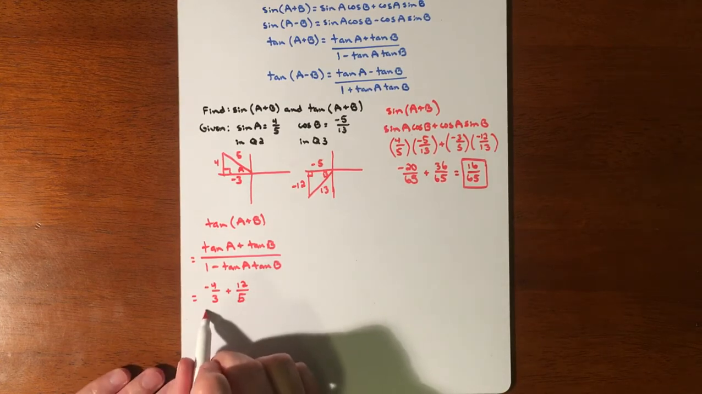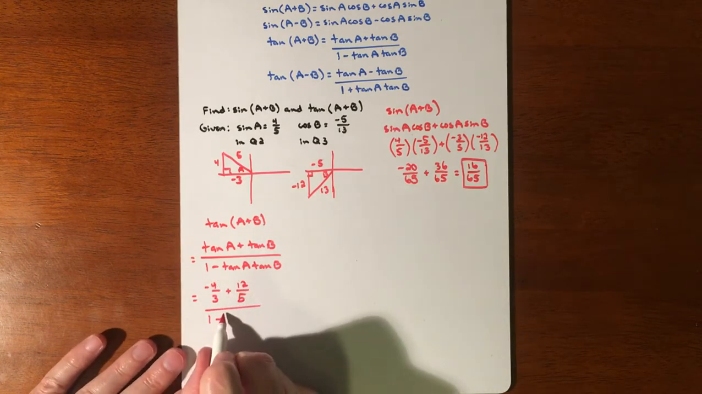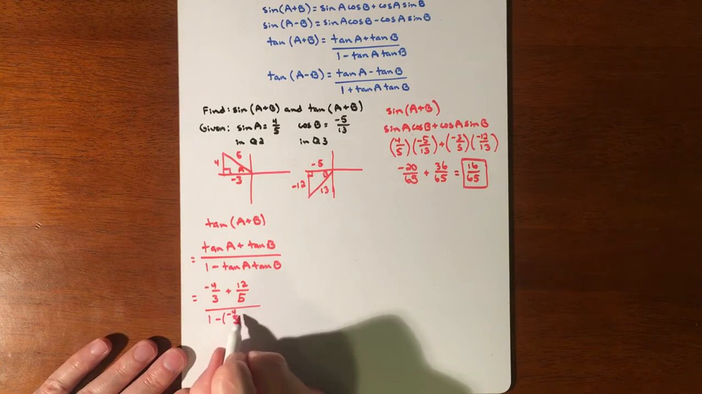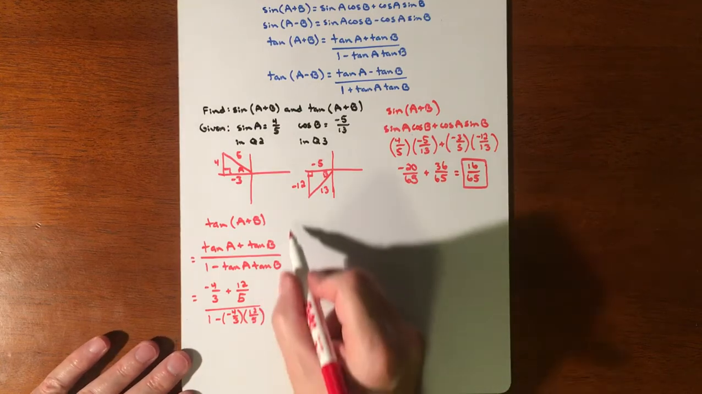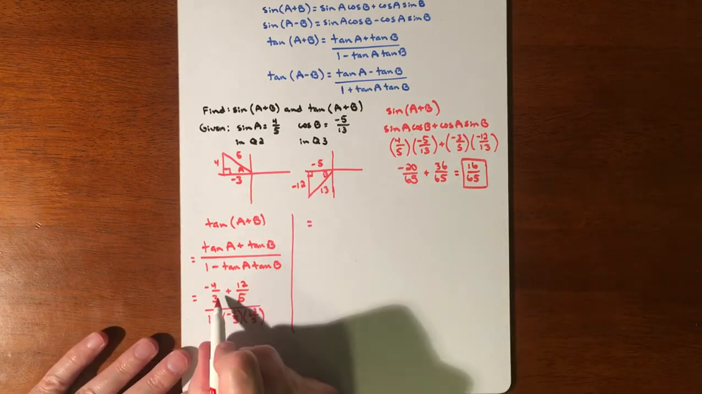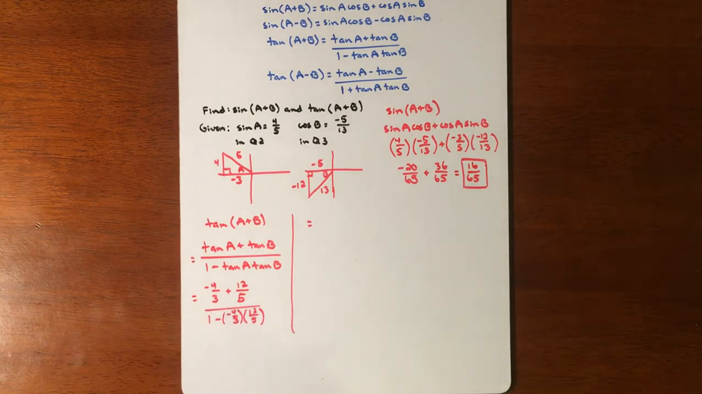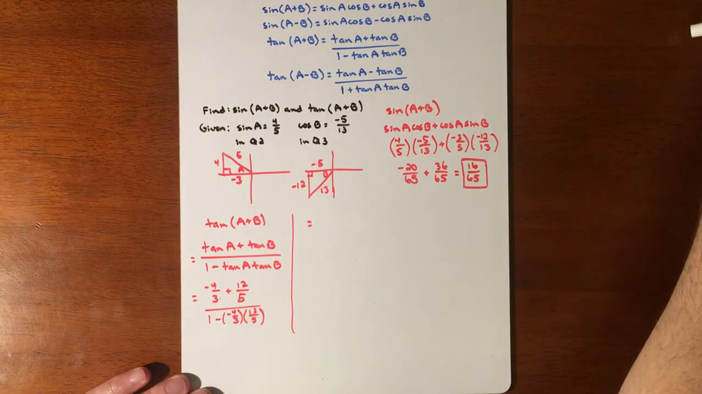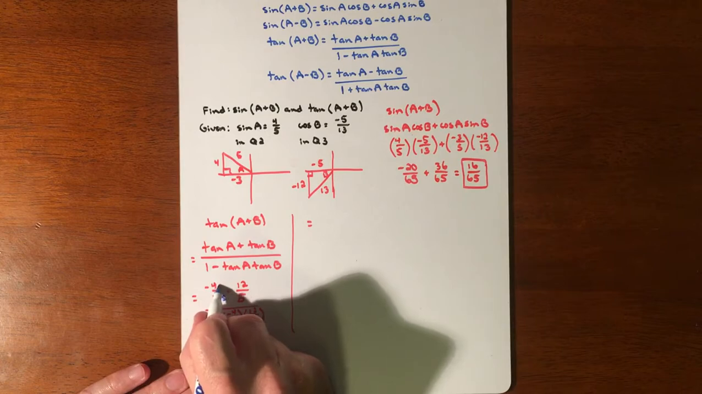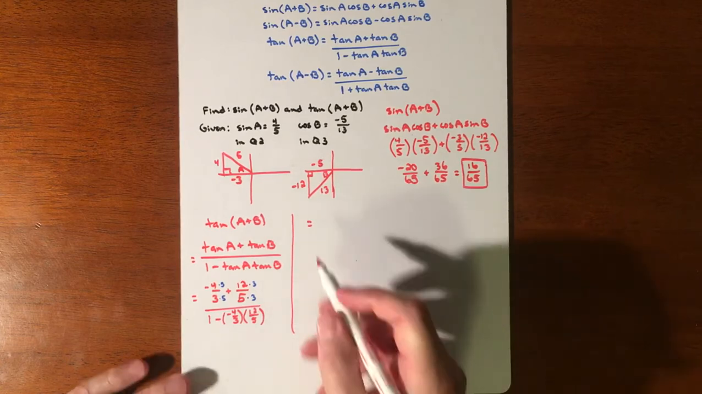So we'll have to get common denominators here in a second. And then 1 minus those exact same two values. So it's negative 4/3 times 12/5. Okay, so let's get our common denominators in here. So we're going to make that a 15. So we're going to multiply by 5 times 3 times 3. So that's going to get us a